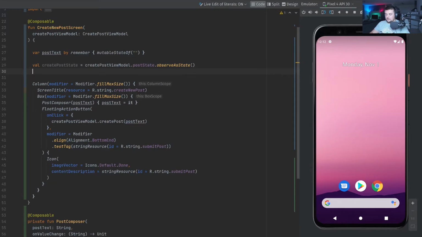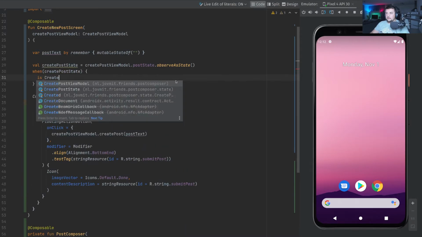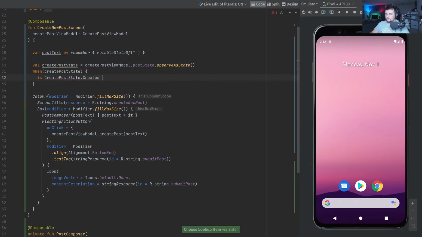And now I'm gonna just say when create post state is created, on post created, so I'll just call